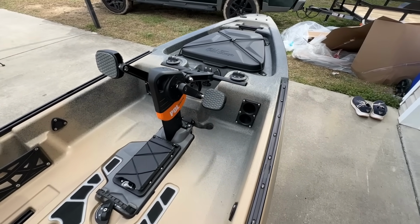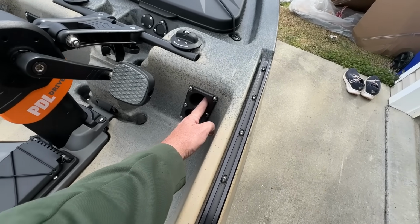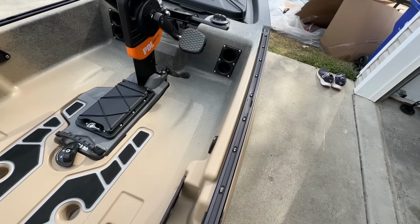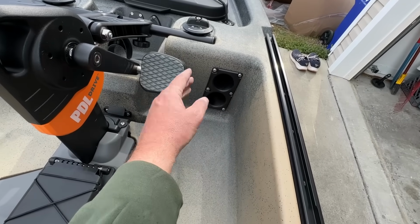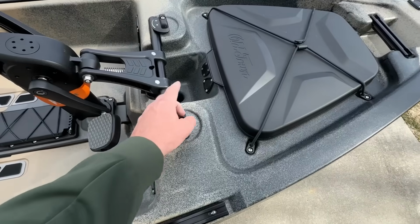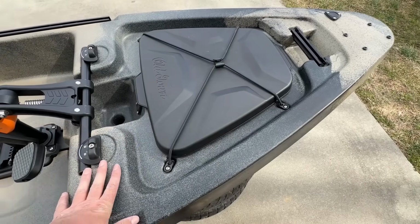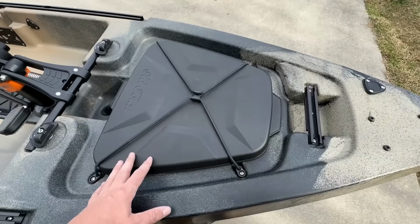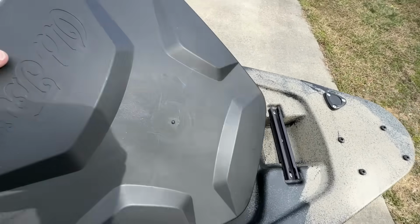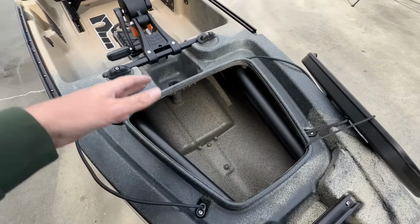And one of the biggest things with the thinner walls, new rails, we got rod holders. Two rod holders right there to lay your rods down, and it's over here off to the side. They couldn't do that in the old ones. Couple more access holes for running wires, and we got a big hatch up here where it used to be a small little round hatch. They know everybody's going to motorized, everybody's running electronics, so you got a big hatch to run your wires through